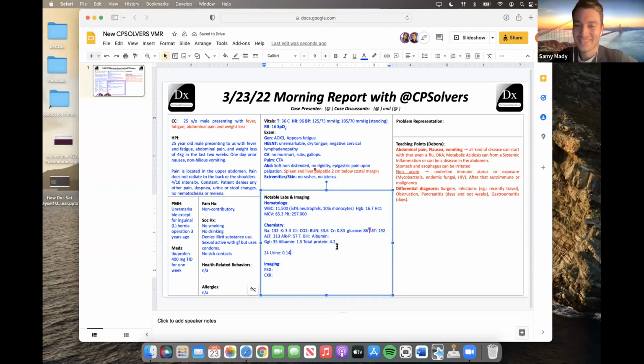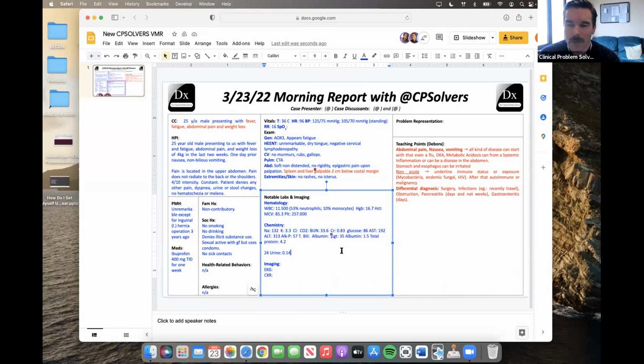Well, this is very, very interesting here. So the features that we have here are maybe a borderline high white count. We have a hemoglobin of 16, but as Ravi is brilliantly pointing out in the chat, we have a good reason to suspect that this gentleman is dehydrated and hypovolemic based off of the orthostatic vital signs. And so maybe that hemoglobin will normalize with some volume resuscitation. But then the things that we have to reconcile are an acute hepatocellular injury, and this very, very low albumin level.